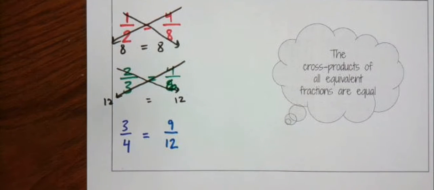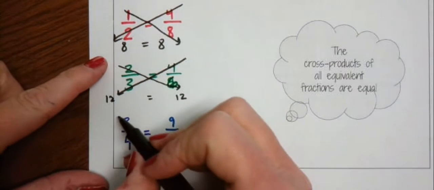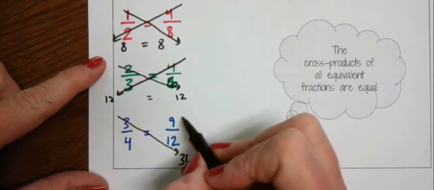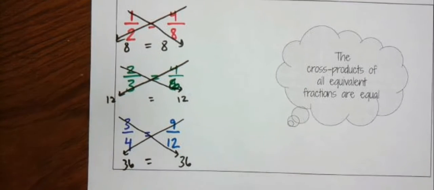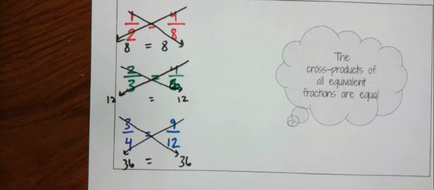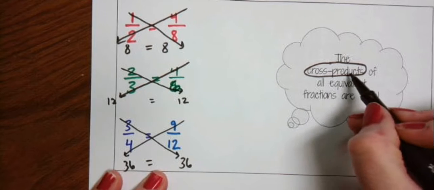3/4 and 9/12. So you guys know that those are equal fractions. Let's multiply across. 3 times 12 is 36, and 9 times 4 is 36. It works every single time. Isn't that cool? Well, this relationship, this diagonal relationship, which we call cross products, because we're multiplying and we're